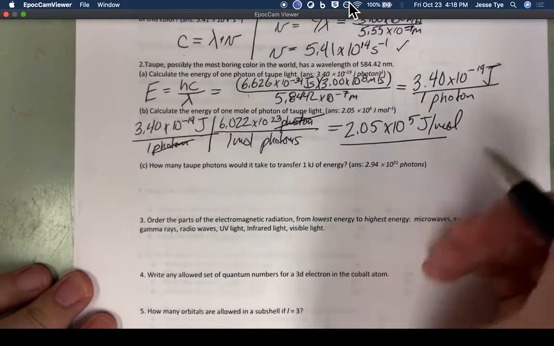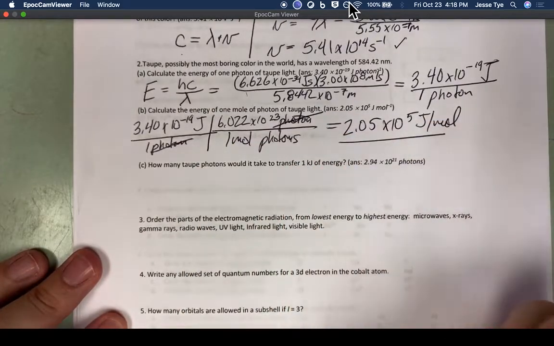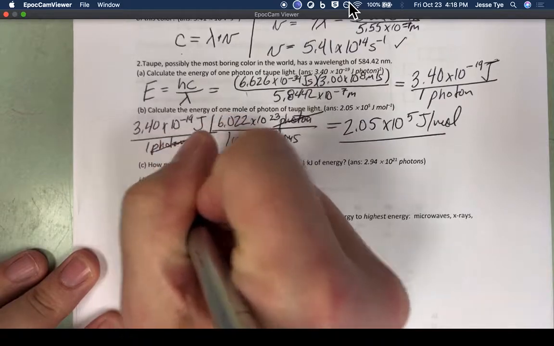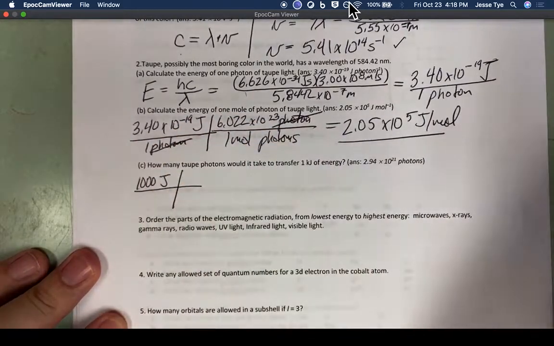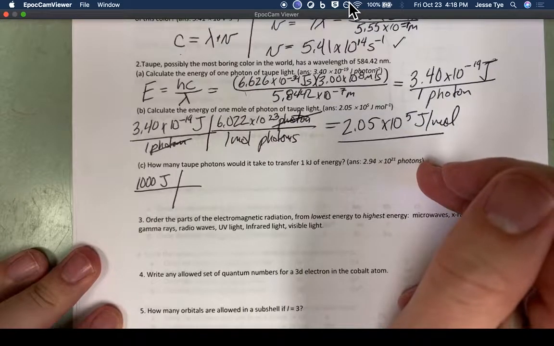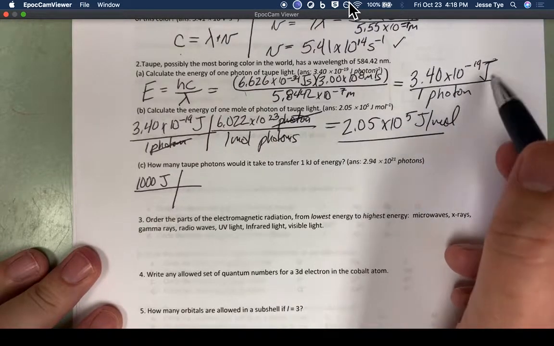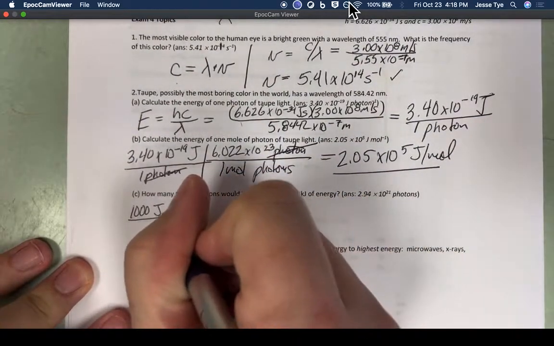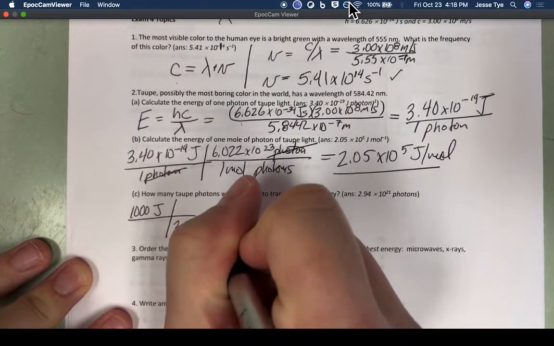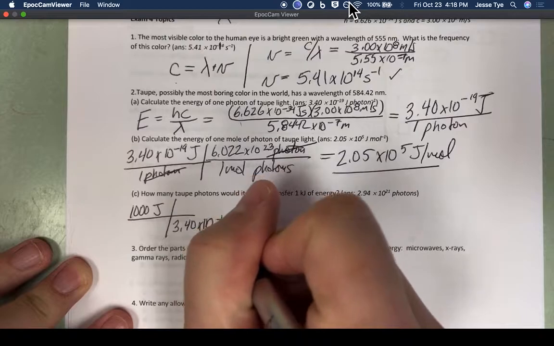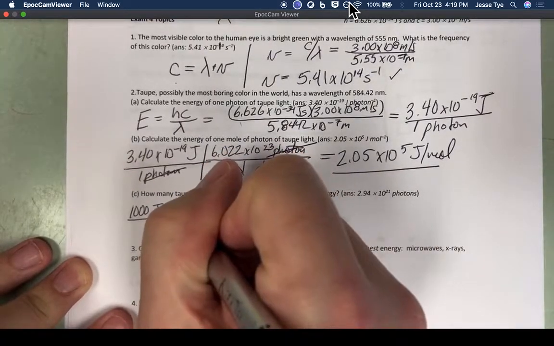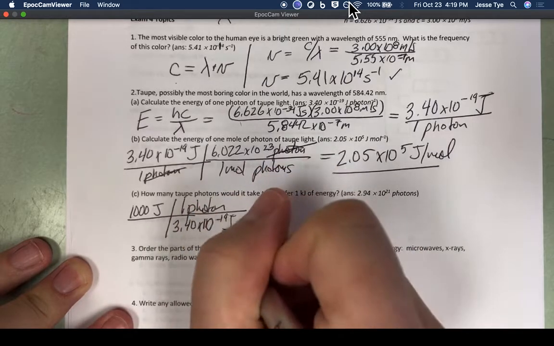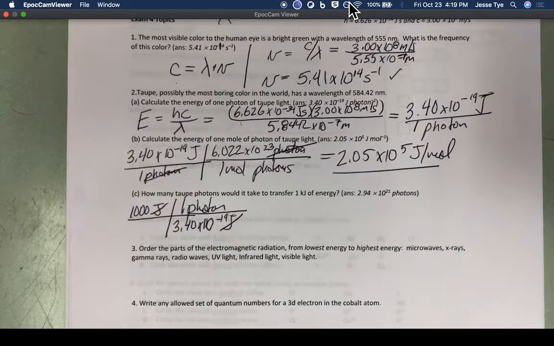And then there's a couple ways we could do this one. So I can just go ahead and say 1 kilojoule is 1,000 joules. Save myself a step, so 1,000 joules. And then it asks how many photons would it take to equal that amount of energy. I'm going to use this and I'm going to flip it over. So 3.40 times 10 to the minus 19th joules for 1 photon. Joules cancel, and then this will tell me now how many photons I need. So 1,000 divided by 3.40 times 10 to the minus 19